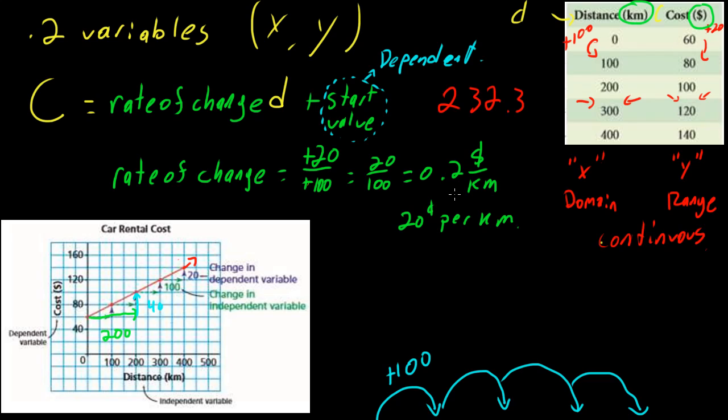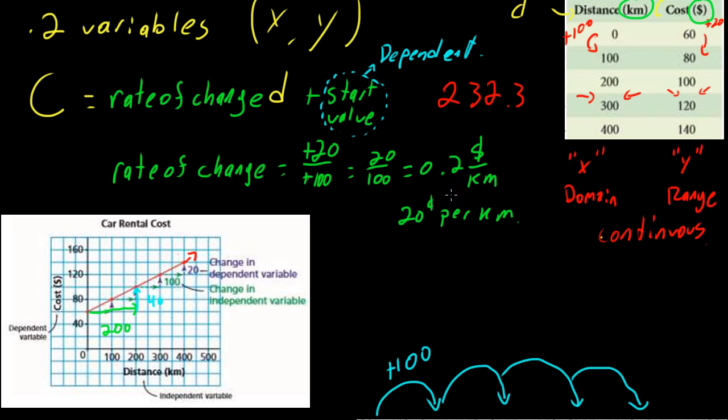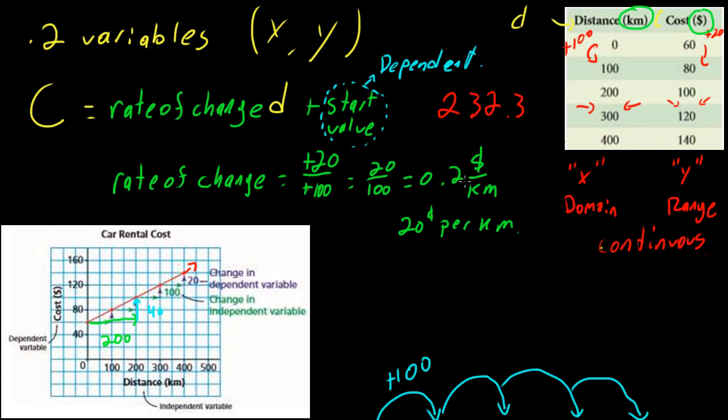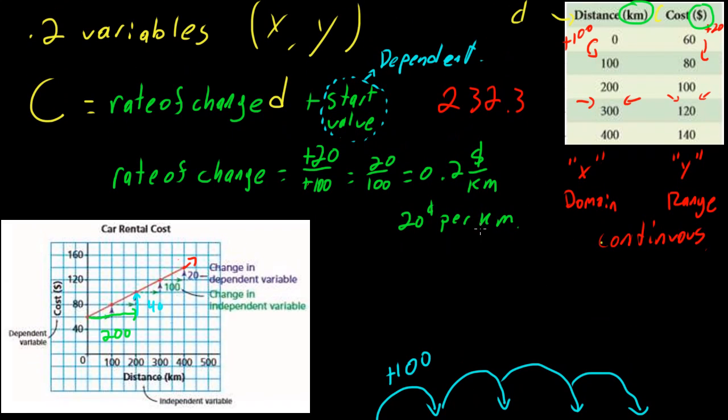Now, this isn't really going to be the focus of our unit, but this will become the focus during our next unit. And it's very, very related to what we're doing here. All of these things, the table, domain, x, continuous, our ordered pairs, our graph that looks at our line, all of these things relate back to having an equation and having a function that relates these. And it comes from relating our dependent variable to our independent variable